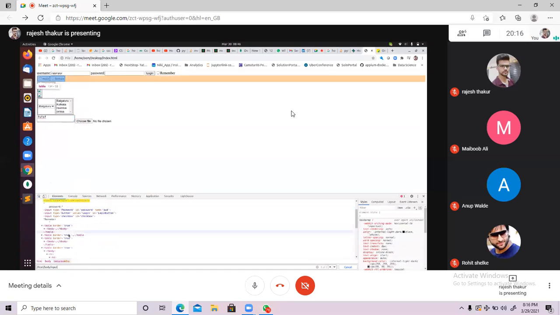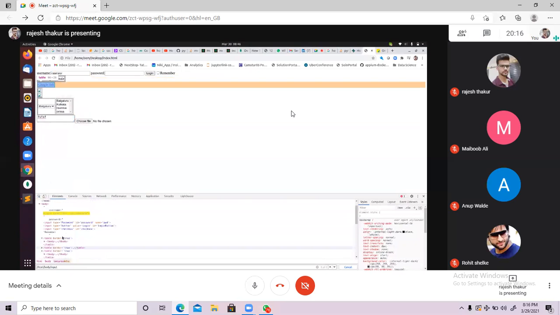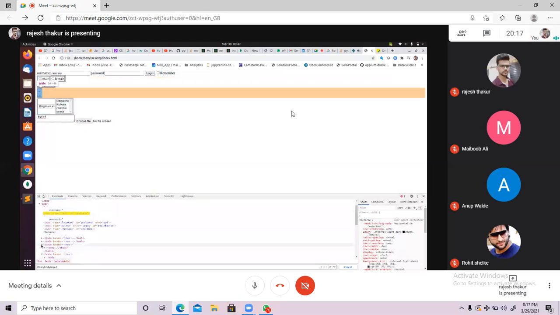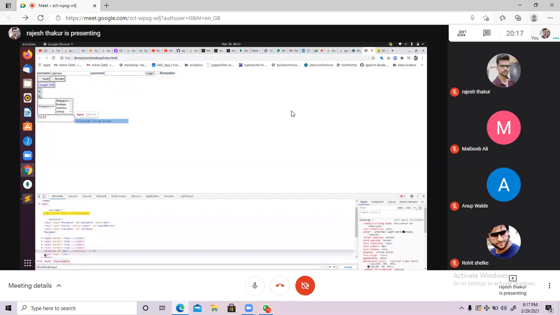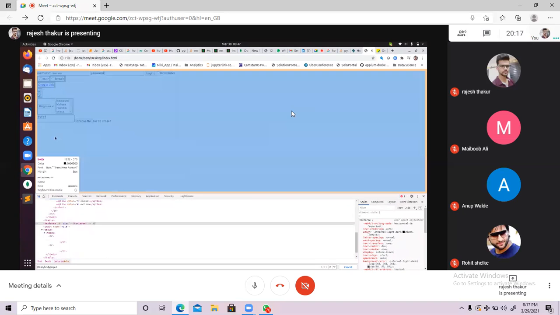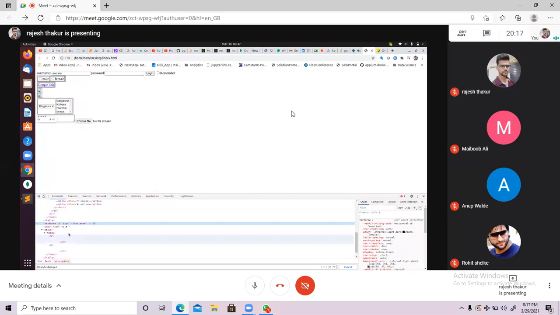So this time we need not go further. One thing you can do: the body is this, and you can close everything else. Can you see this? This is text. Okay, this is the choose file, I guess. So what to do? This is the select drop down, and this is our XPath for this. Now what you can do, instead of writing input, can you see this? I am able to identify my text area, right?